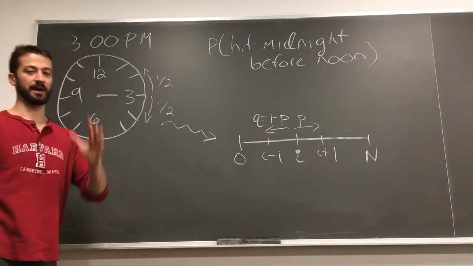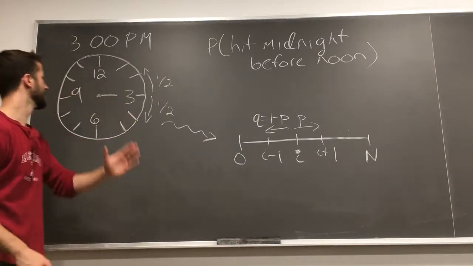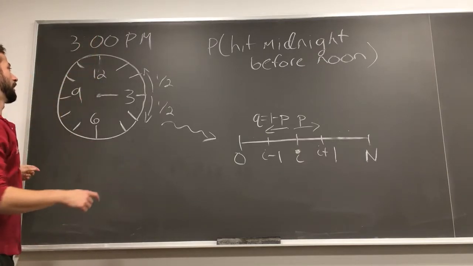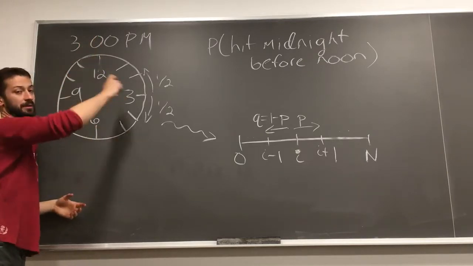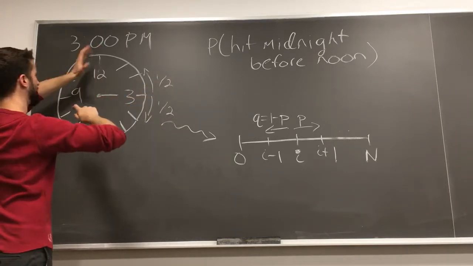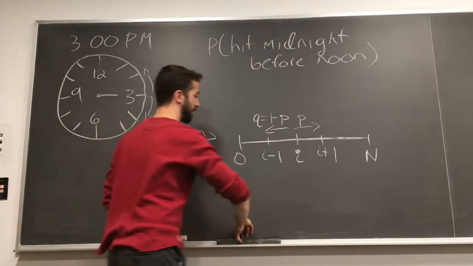The way we can do that is by breaking the clock, or like slicing it. We want to slice it at 12, right? Imagine cutting it at 12 and flattening it out. You could think of it if the clock was a string, right? We cut the string here, and then we pull the string and flatten it out on the line. So imagine cutting it, pulling it out on the line, and that means that we're going to start right where